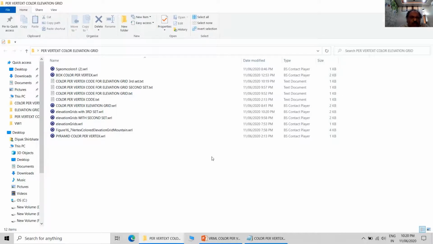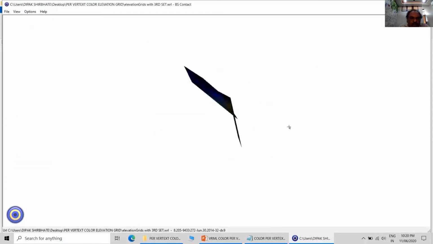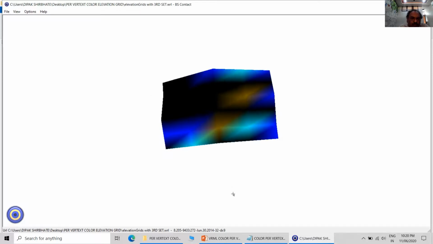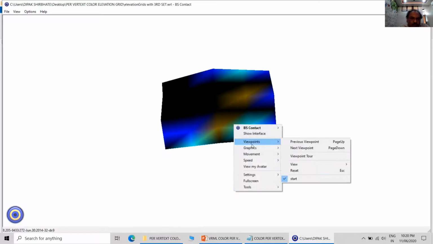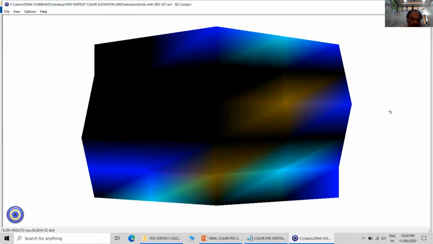Now you can view the output and you can see the output. 000 represents black color, and black color is quite visible on the white background.